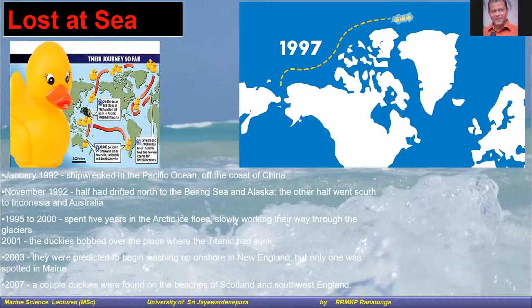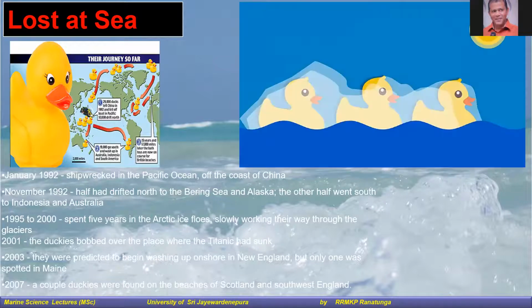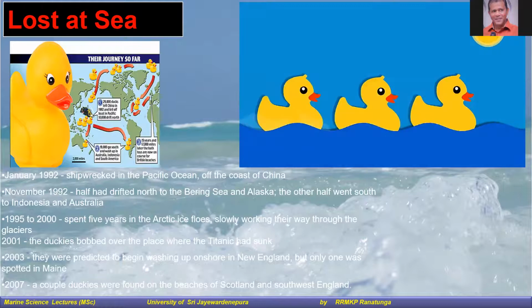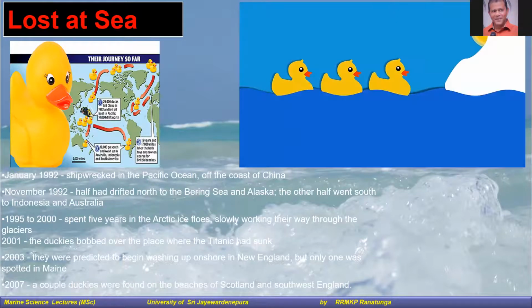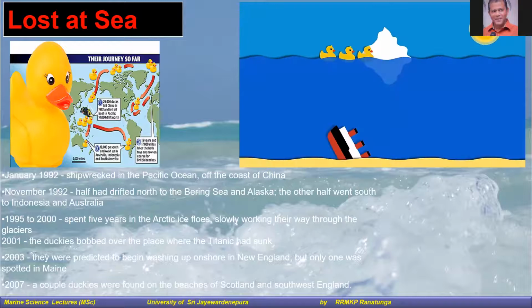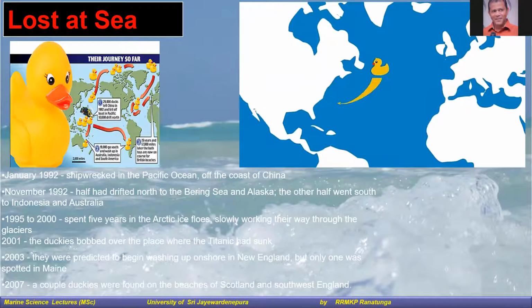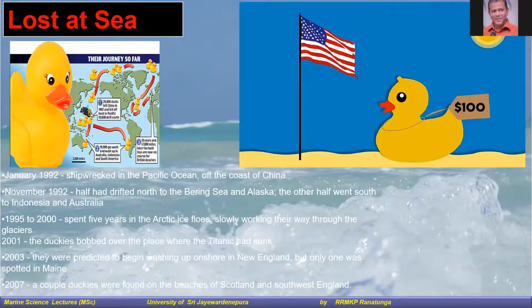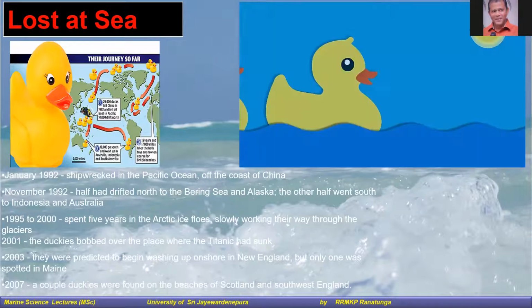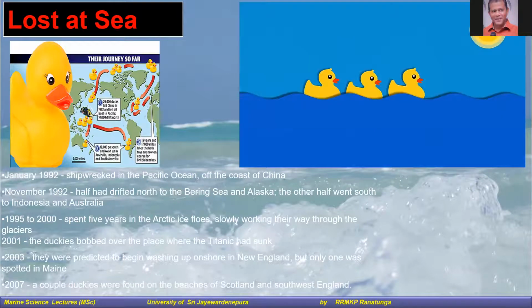After 5 years, the ice package reached the Atlantic Ocean. The friendly floaties were released from the ice and headed south. They were spotted at the place the Titanic sank. But the brave ducks survived the icebergs. After a while, the ducks landed on the beaches of the USA, where collectors rewarded $100 for those who found them.